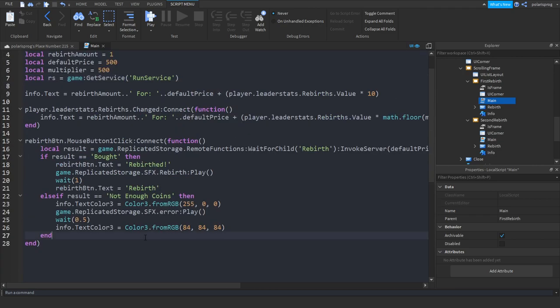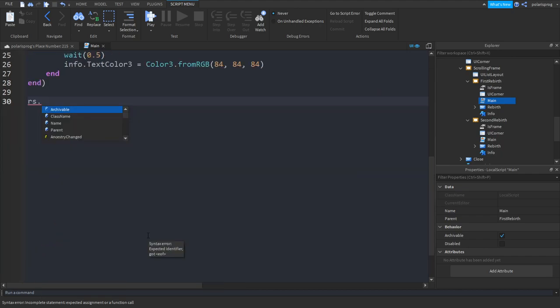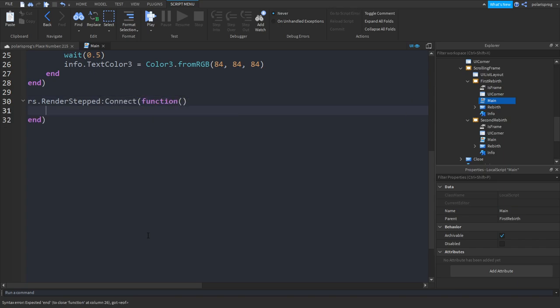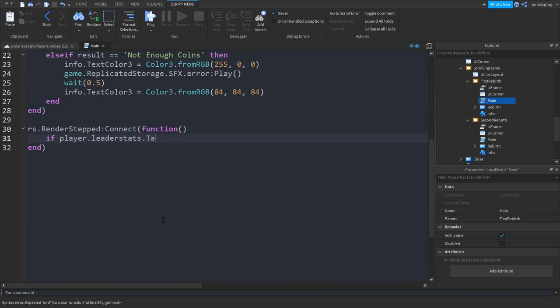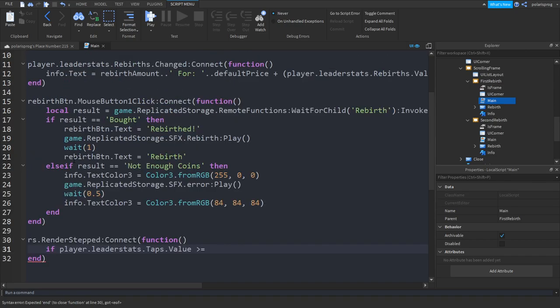So in here we're gonna use RunService. RunService.RenderStepped:Connect. Let me zoom in. Function, and what we're gonna do is if player.leaderstats, I think it was Taps, yes, Taps.Value is greater or equal than